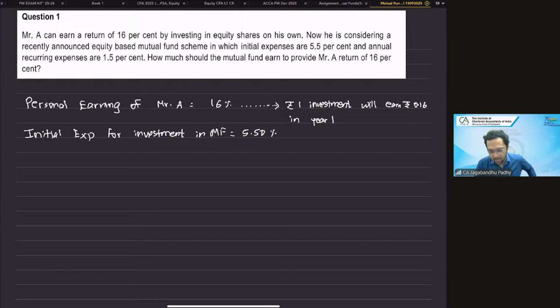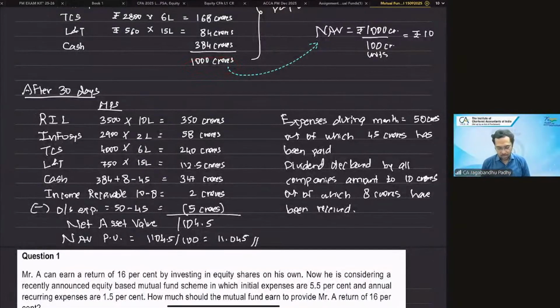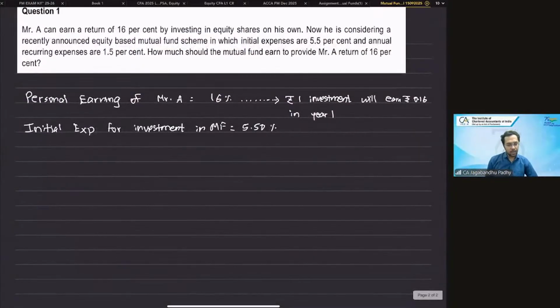When you start a fund, you need to obviously, like in our case, we collected this entire money and we kept that 1,000 crores is available, but essentially the entire 384 crores cash won't be available with the mutual fund on the very first day, because it needs to pay certain fees, pay some sort of commission, brokerage, SEBI fees, stamp duty, and all such transaction expenses will be there. Maybe out of 384 crores, 10 crores will be spent on that. Okay, so therefore, they say over here that whatever money you're going to collect, out of that 5.5% is going to be a straight away initial expense. So which means 100 rupee invested today will not be put into the market. Rather, 94.5 is only going to be invested into the market.